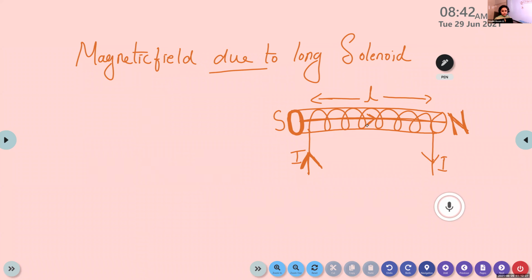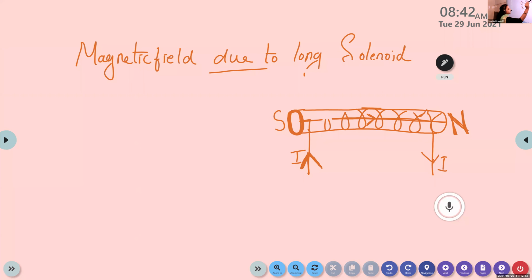Here we find the direction of the magnetic field and it is pointing from south to north inside the solenoid. What about the value? How can we calculate it? By using which theorem can we calculate the magnetic field produced by the solenoid? The magnetic field due to a long solenoid is the application of what theorem? Ampere's law. Ampere circuital theorem.